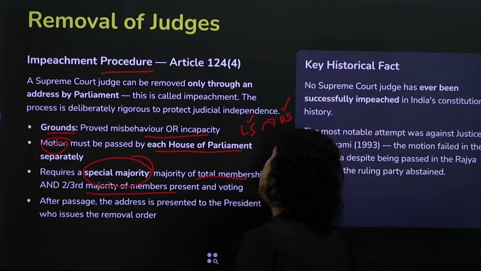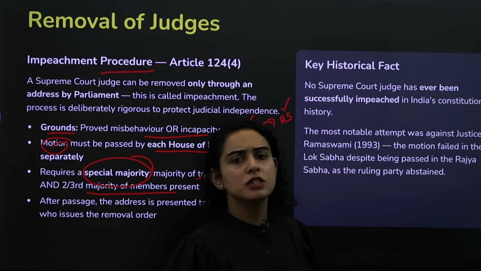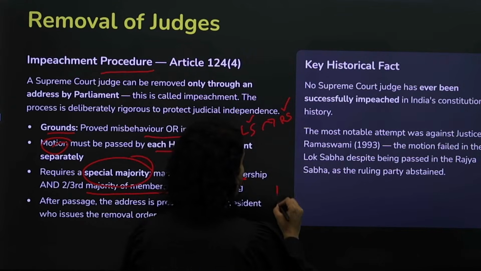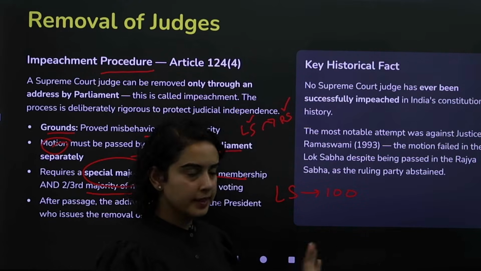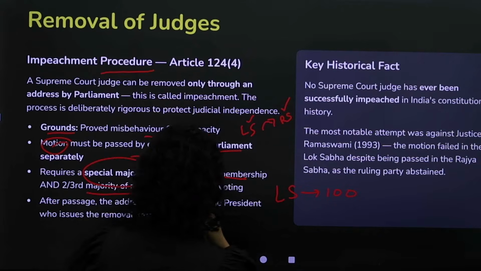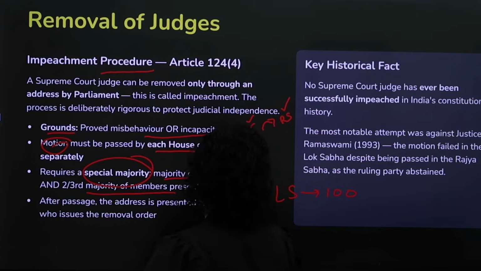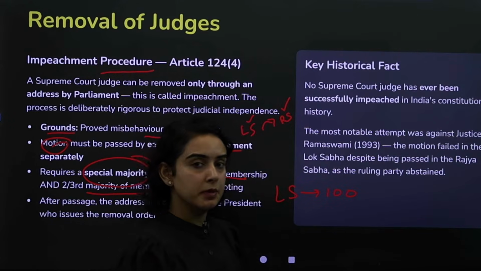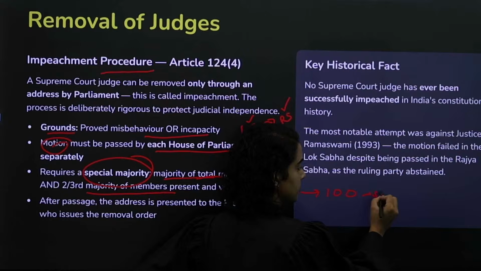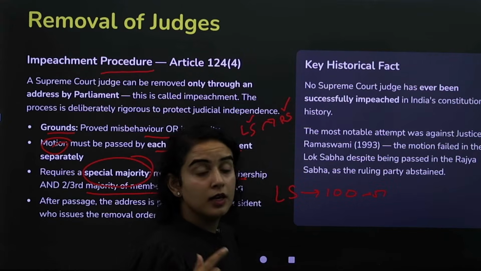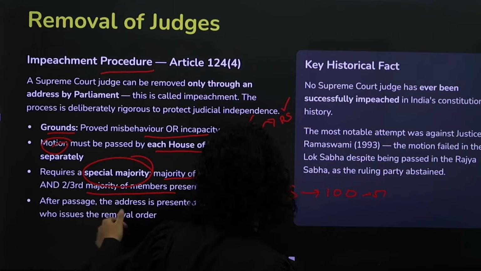Meaning, now let's say the resolution has first started in Lok Sabha. Okay, and let's just assume this for the sake of example. Lok Sabha has 100 members in total. Okay, so now it says majority of the total membership, meaning if Lok Sabha has 100 people, a majority, more than half. So at least 51 people from Lok Sabha should vote affirming that they want the judge to be removed, plus